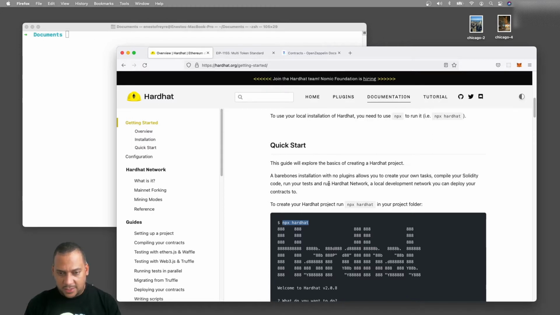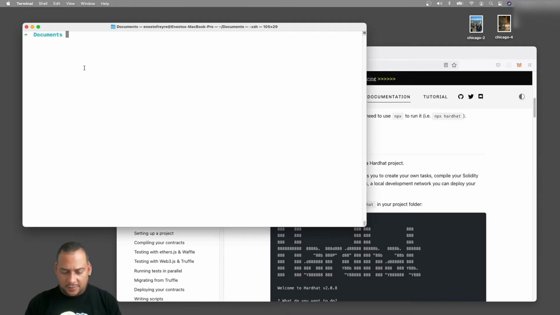So the first command will be to create a folder for our project. So mkdir mint nft contract. So in here, npx hardhat.